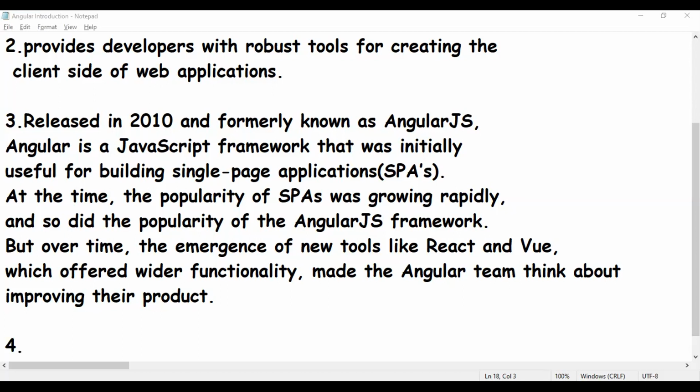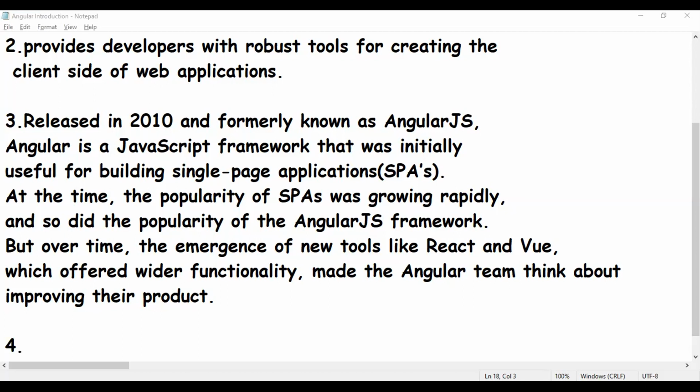So if developers wrote the application previously in AngularJS, they cannot easily migrate to the new version Angular. That is the problem. There is no backward compatibility.